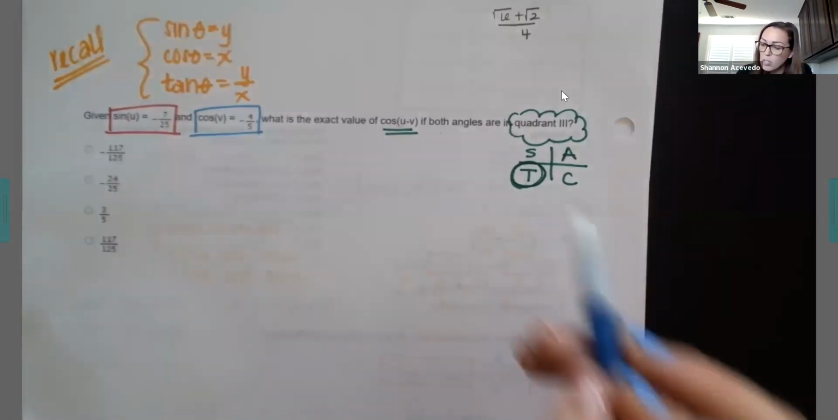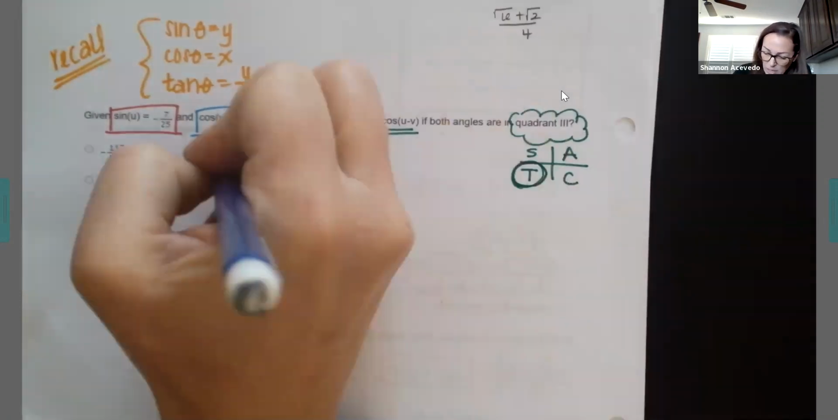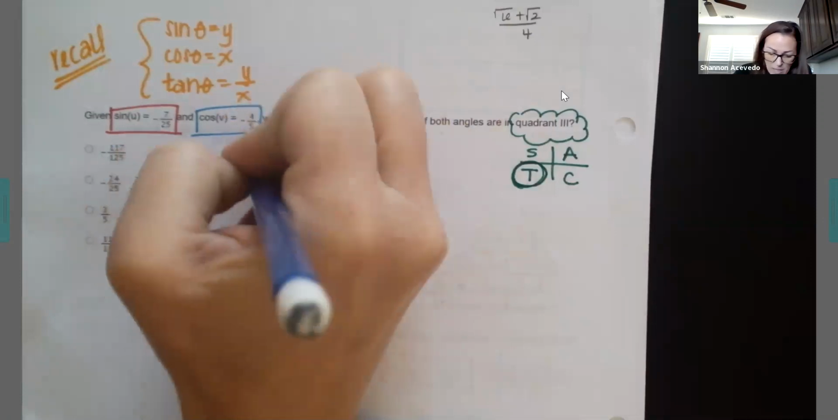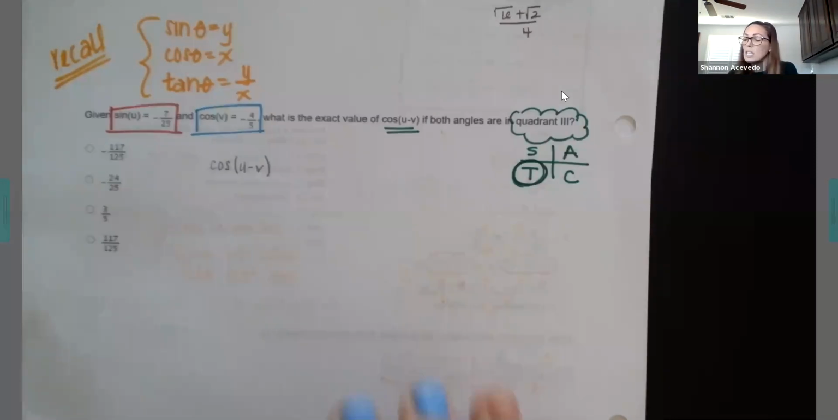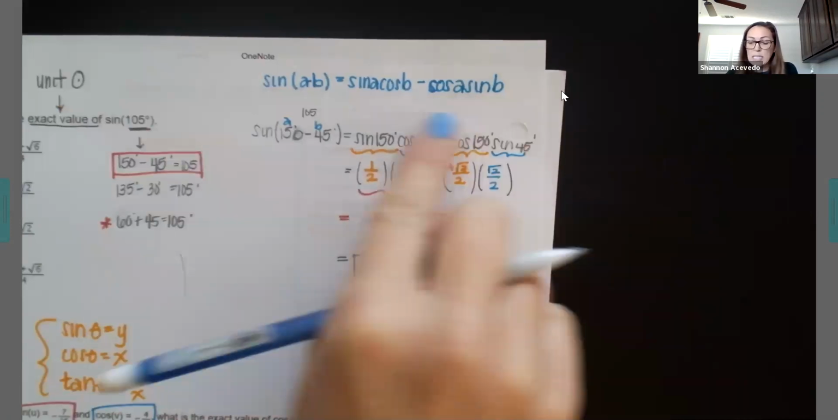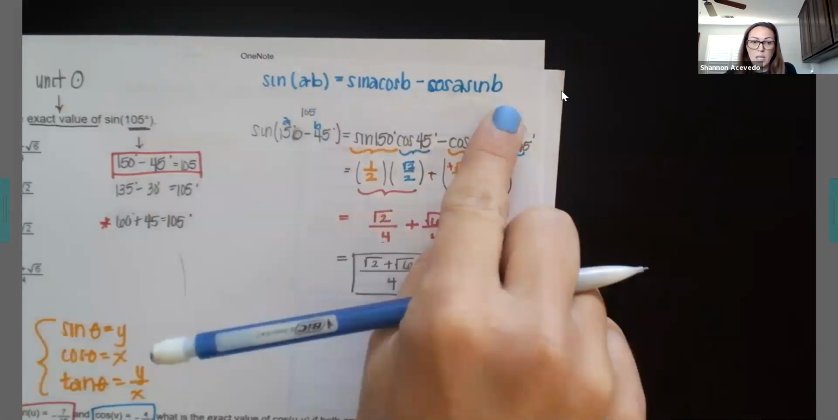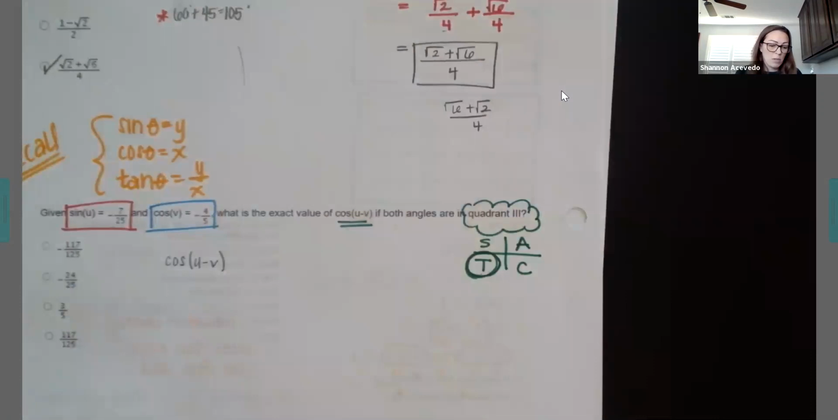So here's what I'm looking for. I want to know cosine of u minus v. And according to my formula on the other side, the question is, does the equation I said only work for sine? This equation up here only works for sine of a minus b. That equation only works for sine of a minus b. If we're talking about cosine now,